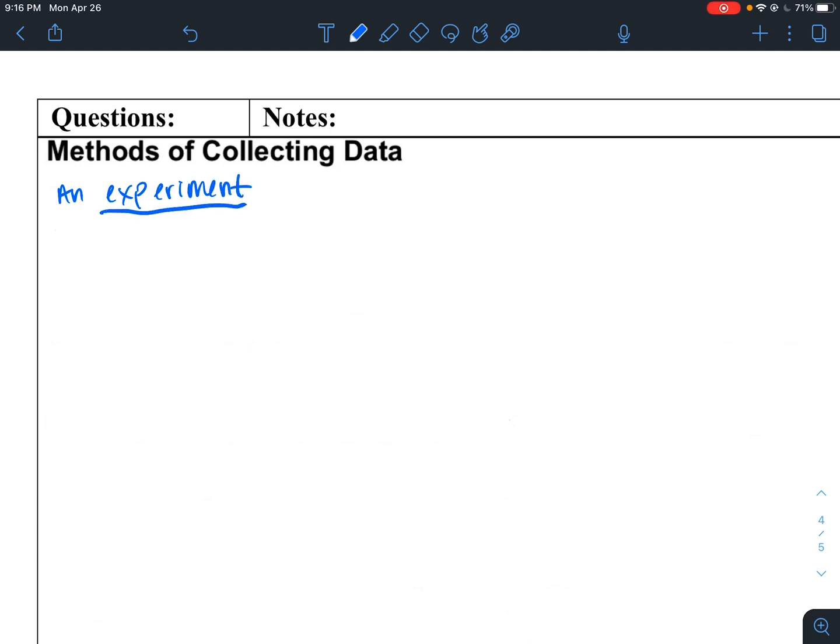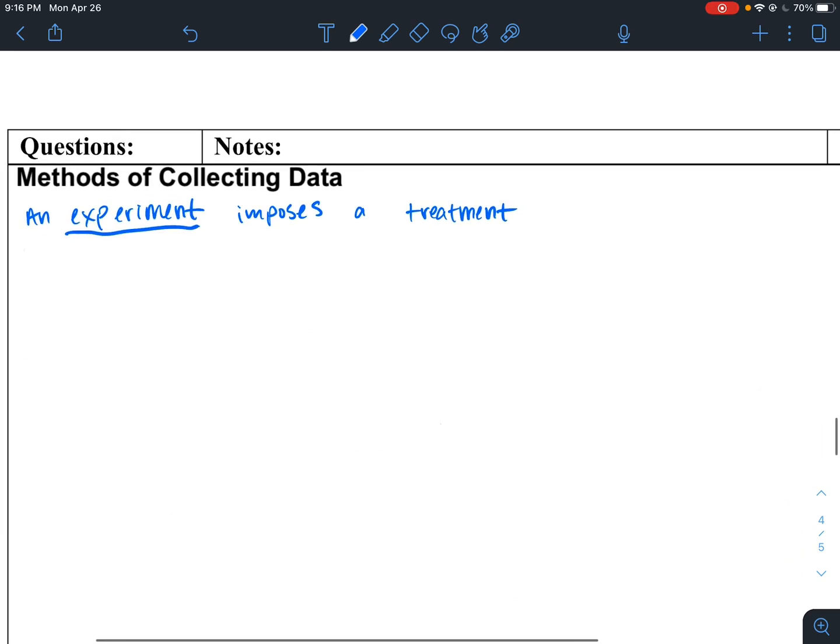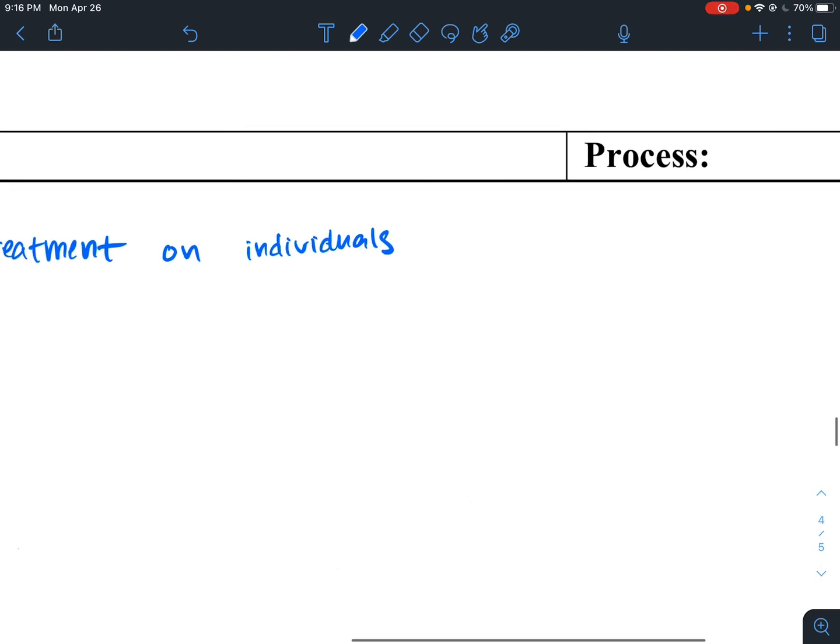In an experiment, this method of collecting data imposes a treatment on individuals in order to collect data